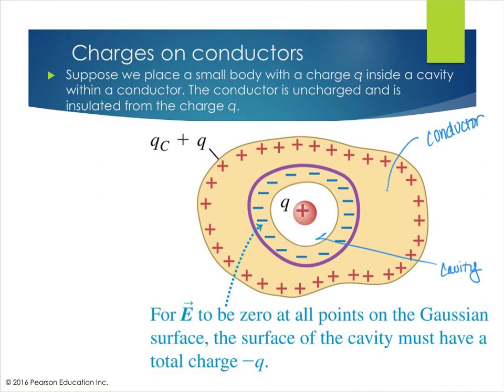So what we've done is we've placed this point charge inside the cavity of the conductor, and we know that that's going to create an electric field that goes out away from it. But we also know that when it gets into the conductor, that field has to go to 0. So what has to happen is, well, we can look at it from 2 ways. We could think of the conductor setting up an electric field in the opposite direction to just cancel it out. But we can also look at it from the point of view of if I applied Gauss's law